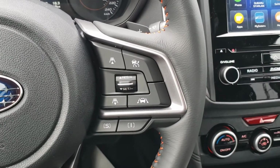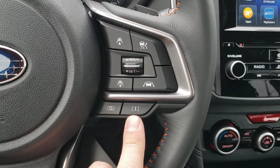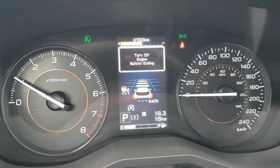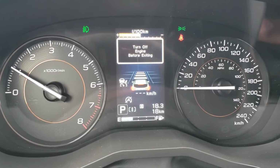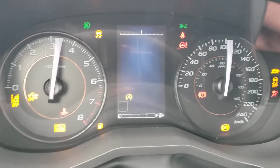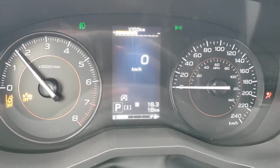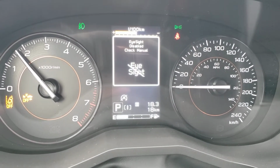Right-hand side has our adaptive cruise and our lane keep assist, as well as our 2 different driving modes, intelligent, which it defaults to, and sport for sportier driving. So when I turn on the cruise, you can see, turn off engine before exiting. It's getting mad at me because I exited the vehicle while it was still running. So when I turn on the cruise, it's gonna say eyesight disabled because it just turns on,